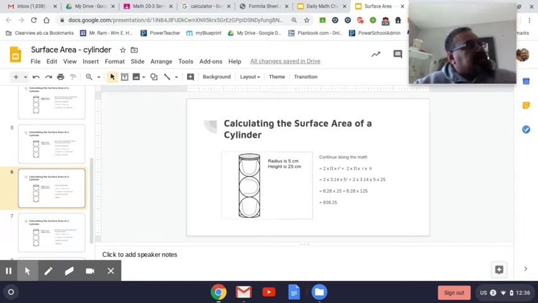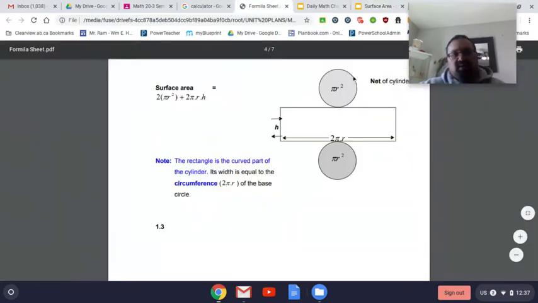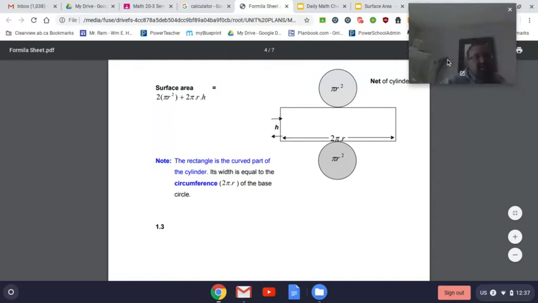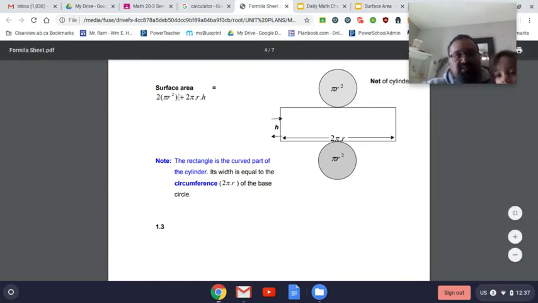One of the other steps that we're going to do is surface area of a cylinder. Knowing that, we'll go through the questions here very shortly. However, just remember when you're taking the surface area of a cylinder, the reason the formula is 2 times pi r squared plus 2 times pi times r times h is